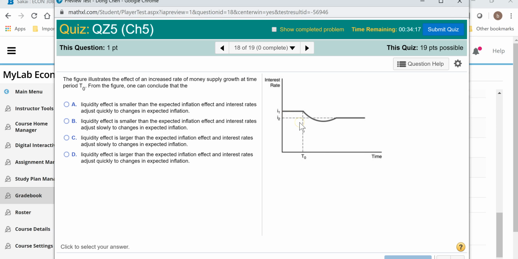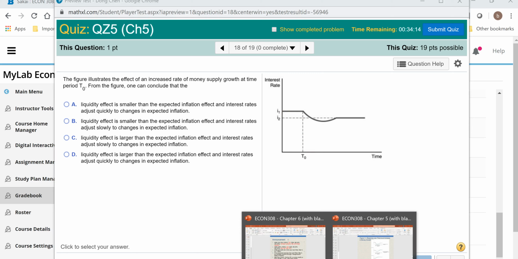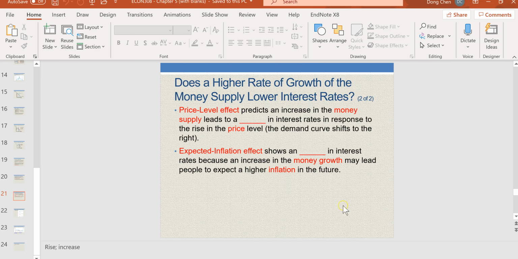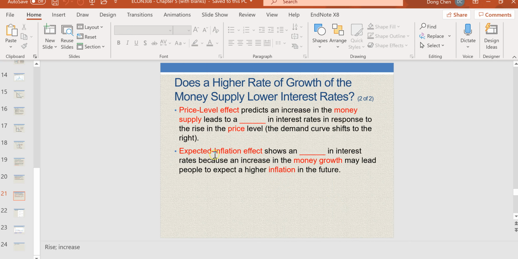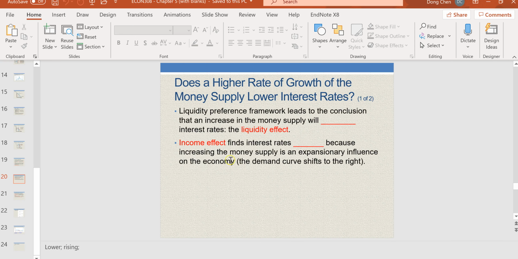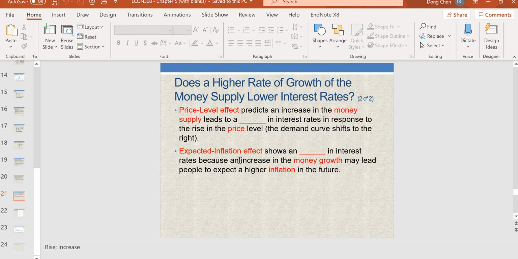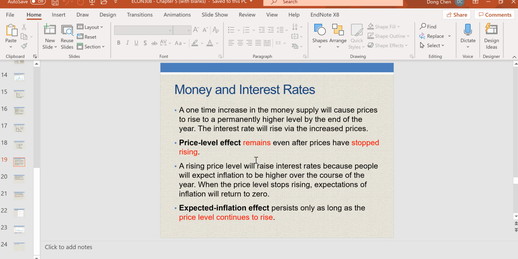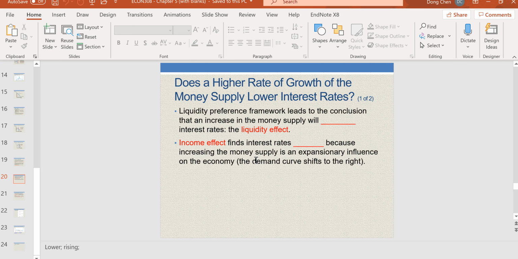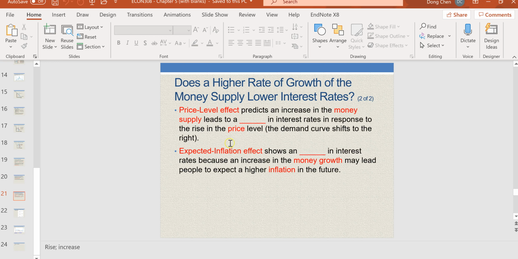First is the liquidity effect, which tends to lower the interest rate, and there are also the income effect, the price level effect, and the expected inflation effect. All these three effects tend to increase the interest rate. So whether the eventual interest rate decreases or increases depends on whether the liquidity effect or the other three effects dominate. But among the three effects, the income effect and